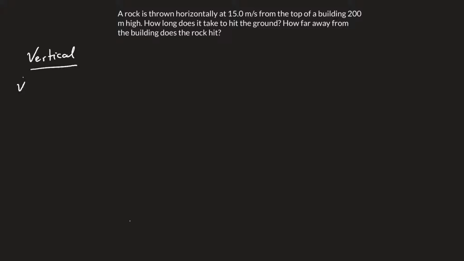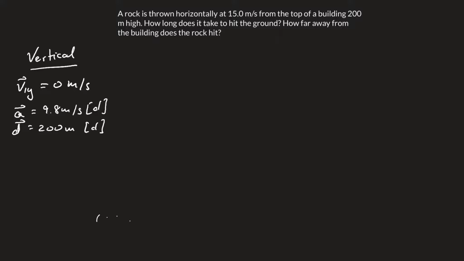And we know that the initial vertical component of velocity is 0 meters per second because it's being thrown directly horizontally. We have acceleration due to gravity, which always exists. So that's 9.8 meters per second down. And the direction is important here because up and forward, or up and to the right, perhaps, are going to be our positive directions. And we know that the net displacement is going to be 200 meters, again, in the